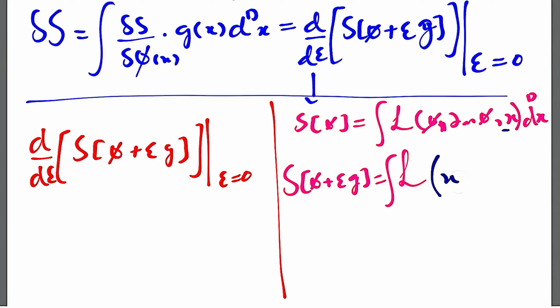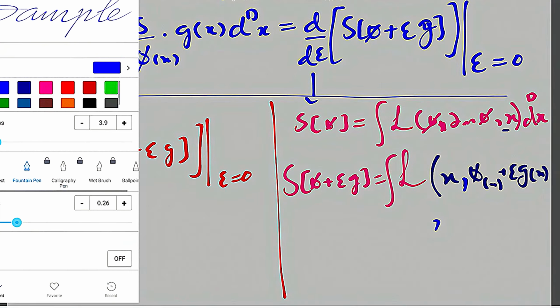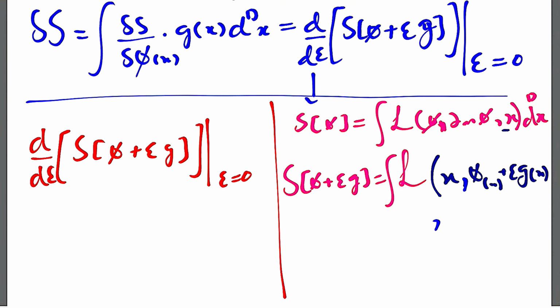I'll write x first, that doesn't matter, it's irrelevant wherever you write it. Next, phi will change. It was phi of x, right? So you can write it, or it depends on you. So phi of x plus e g of x, right? Then we will have a comma, just differentiate it, so there is a comma, and then we will have